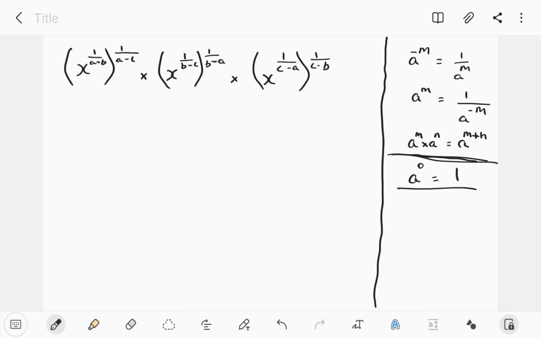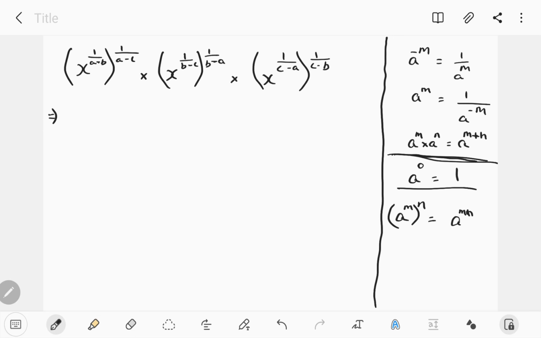Now, we know that when an exponent a power m is raised to another power, a base has already been raised to a power, a power m raised to another power n, the whole power n, it simply means that I can multiply the powers. I will keep the base constant, a as it is, power m into n, which is mn. The powers alone need to be multiplied with one another. Applying this rule,